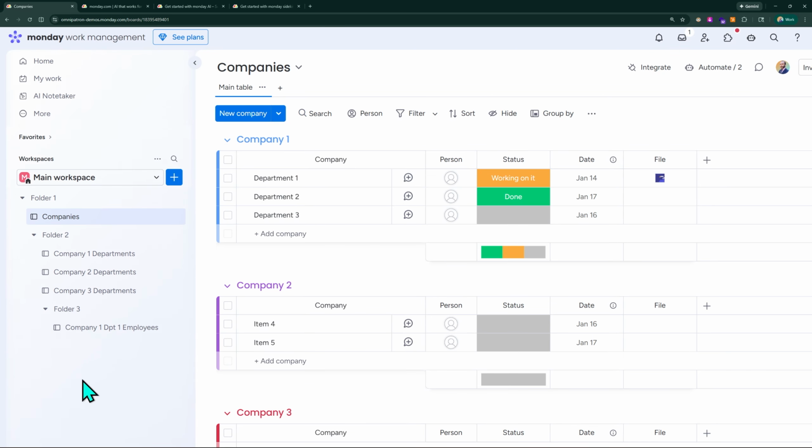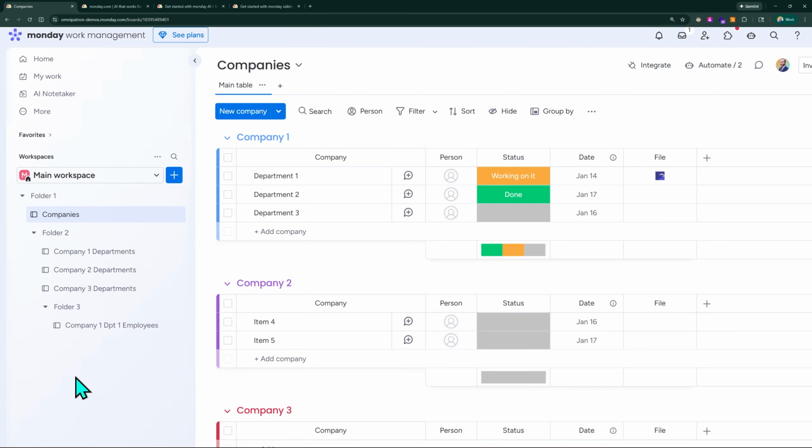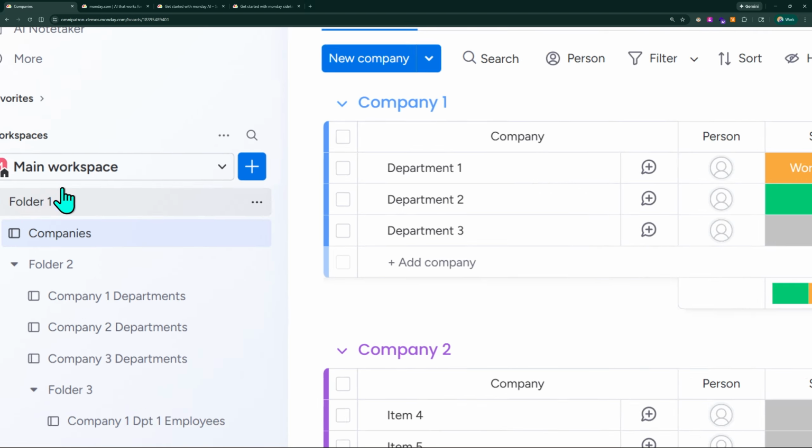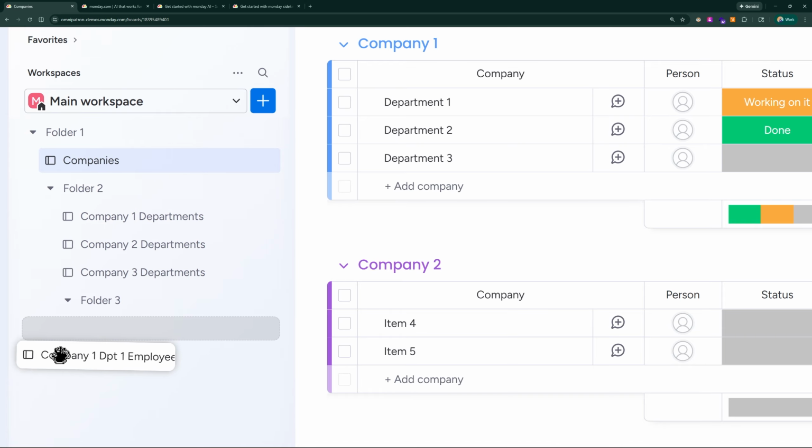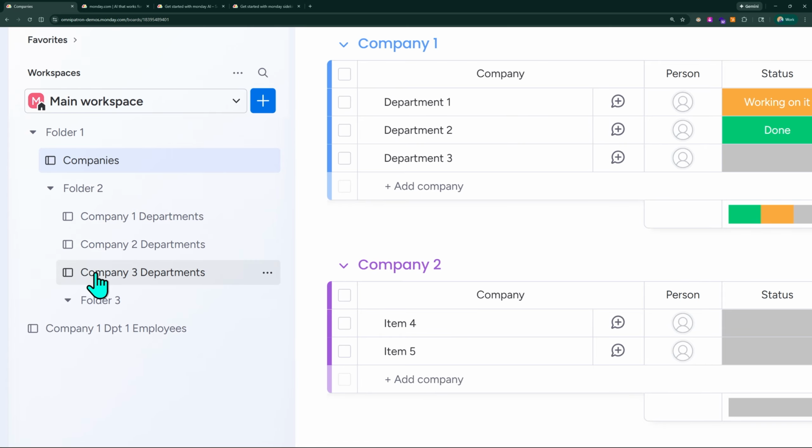So hopefully this has given you guys a little bit of a perspective of how the layer hierarchy works in Monday. And again, this is not strictly a 6-layer, a 7-layer, a 5-layer system. You can use as many layers as you want. So if you didn't want to use any folders, you can take that layer out of the equation completely. And you could just have boards that live on their own